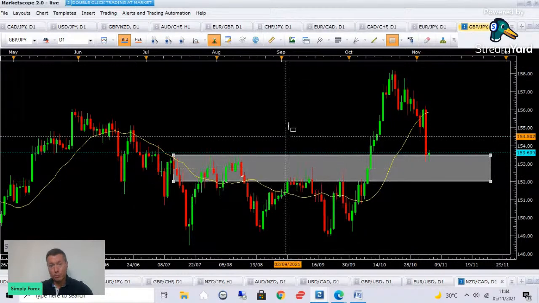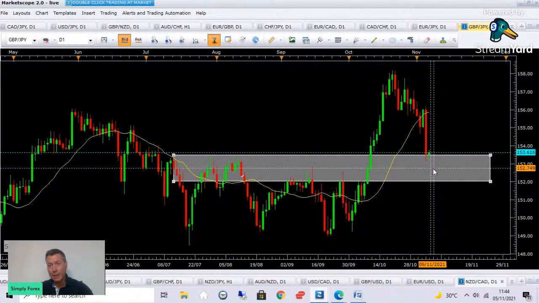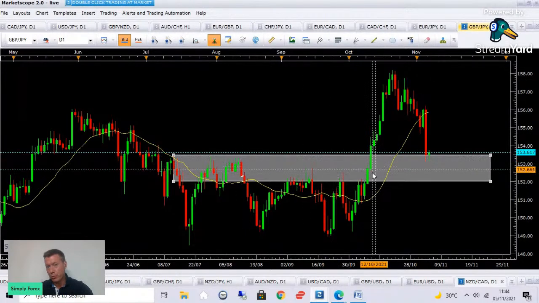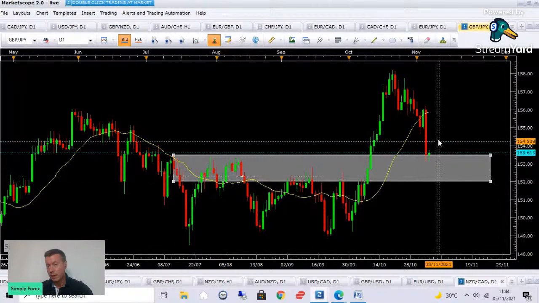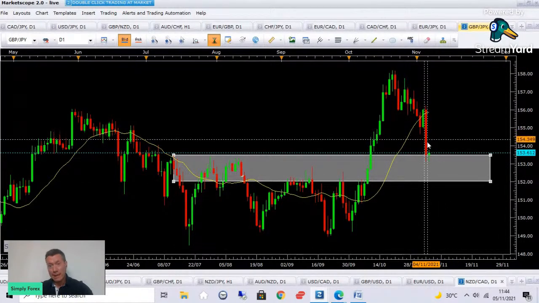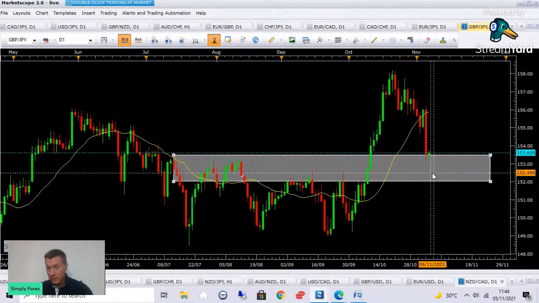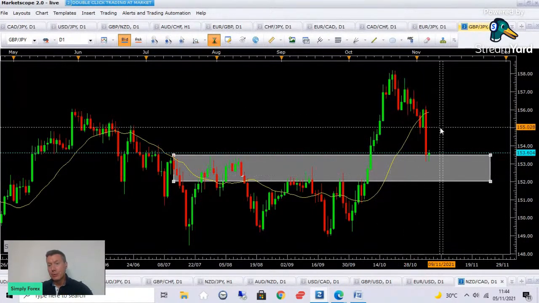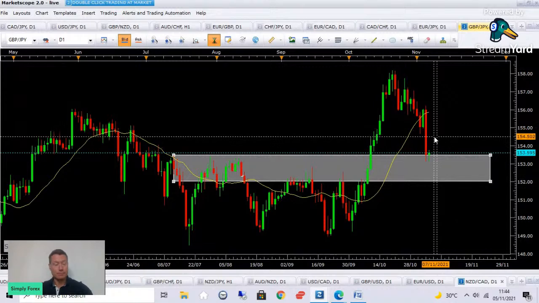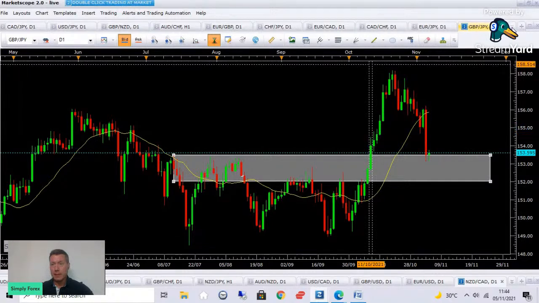This is humongous support, I know, but I just wouldn't feel comfortable selling into this gray zone here. Simple as that. I know it's a large bearish candle. It probably will come down to 85.250, but I'm not willing to short it. Don't short into support. Remember, that's what crazy people do. And I definitely wouldn't long this market. So what do we do? Stay out of the market. Okay, next pair,